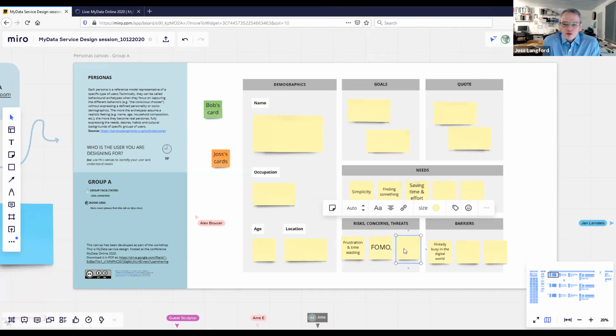So if you think about now that we were creating an advert for this service, so we're going to create a TV advert for this person. What's this person going to be like? How are we going to portray them in a way which is motivating and interesting that other people can relate to? You know, what occupation might they have? What might their life goals